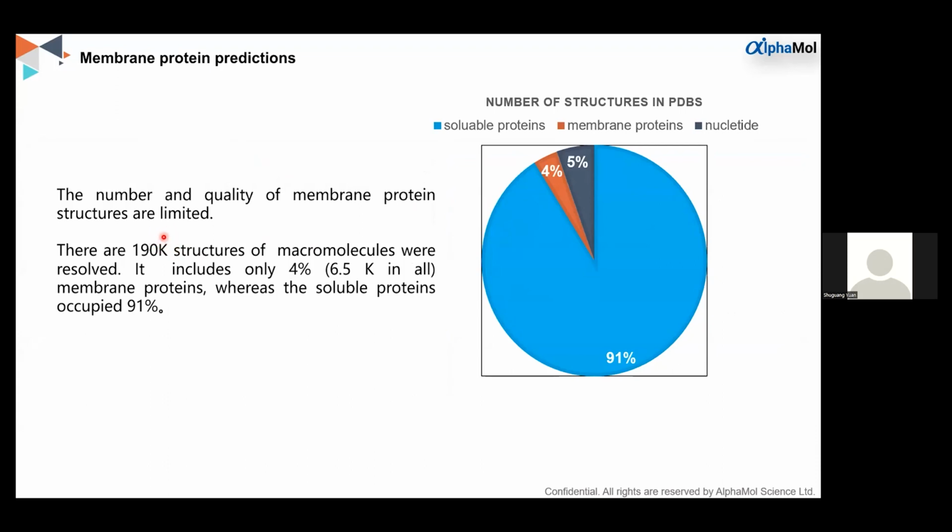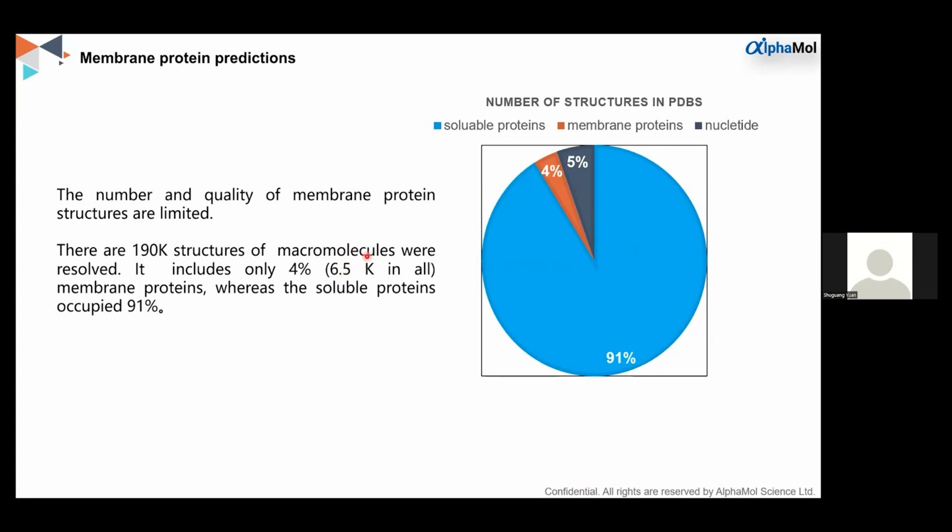However, consider that in the whole protein database, the PDB, about 190,000 structures have been resolved. Only 4% of them are membrane proteins, whereas soluble proteins occupy 91% of all those resolved proteins. As we know, RoseTTAFold and AlphaFold are artificial intelligence-based algorithms, which highly depend on the number and quality of the initial data. In the PDB, most proteins are soluble proteins, and membrane proteins occupy less than 4%, which is in total about